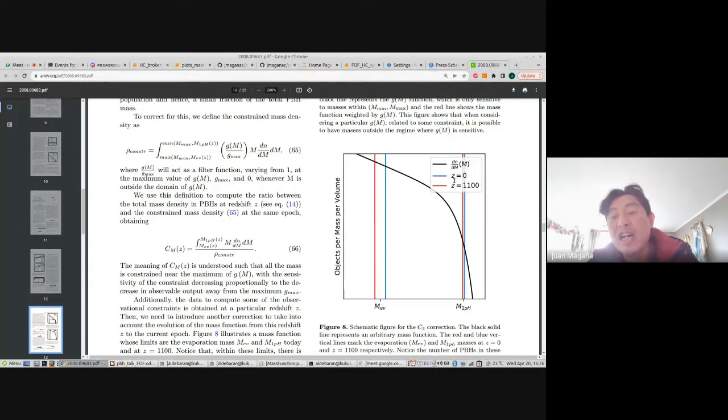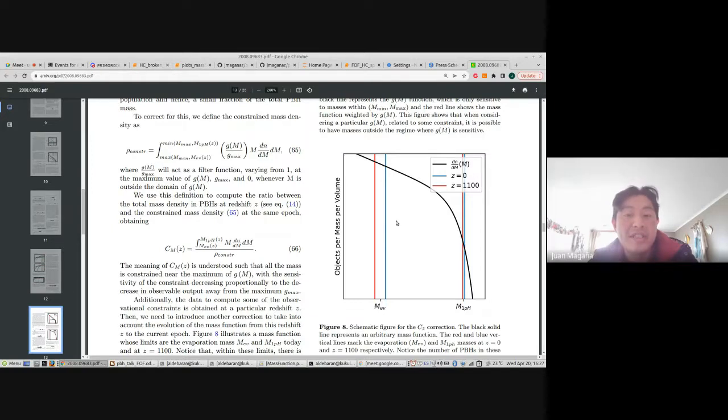But now, if we consider the same extended mass distribution at redshift 1000, for example, this evaporation mass is shifted to the left, represented by this red line, and the maximum mass also. Then this extended mass distribution has an evolution if I consider it at different redshifts. And then we introduce a correction which